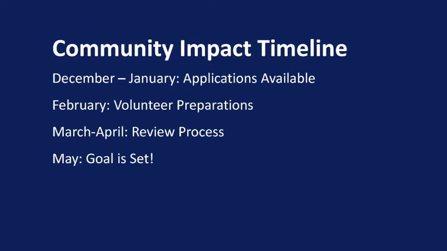And so each one of those 6 community impact teams is made up of 2 volunteer leaders, and we refer to them as our chairs. And so those chairs then will review all of the recommendations that are coming forward from the team level, and they will make a funding recommendation to our board of directors. Typically, our chair meeting and our board meeting take place in the month of May. And so once our board has had a chance to review all of those recommendations coming forward from the Impact Division, that is really when they ultimately set that campaign goal for the next year.